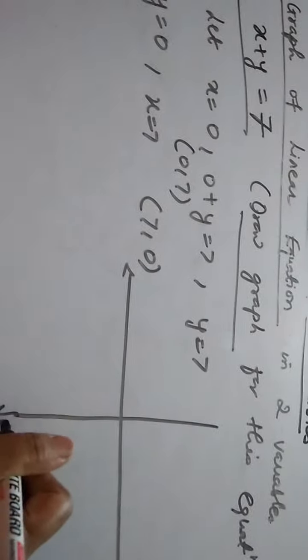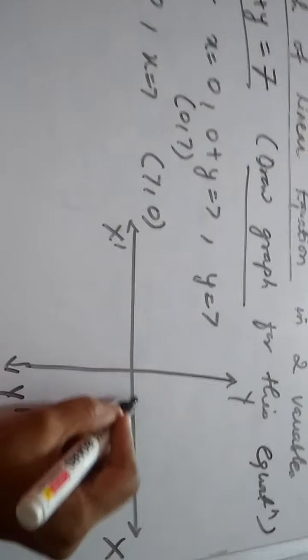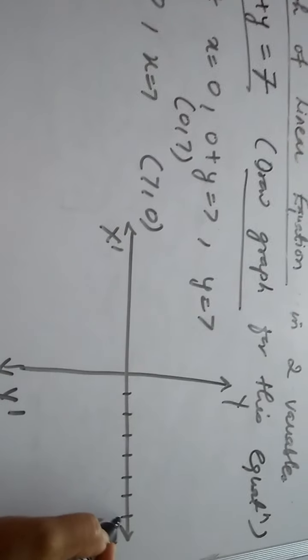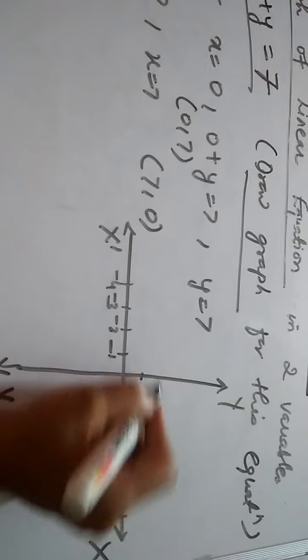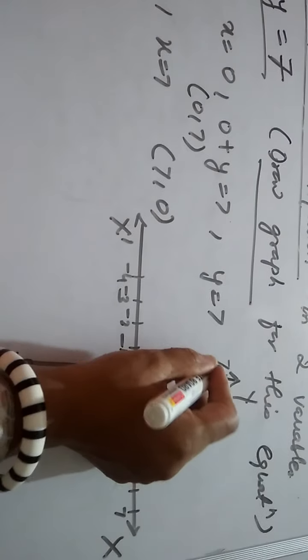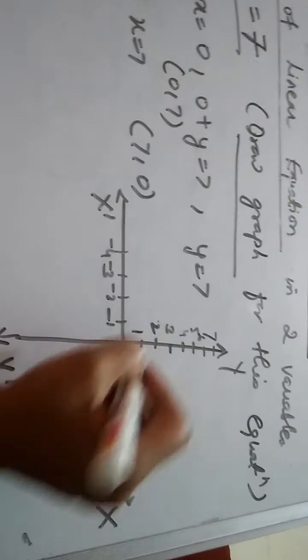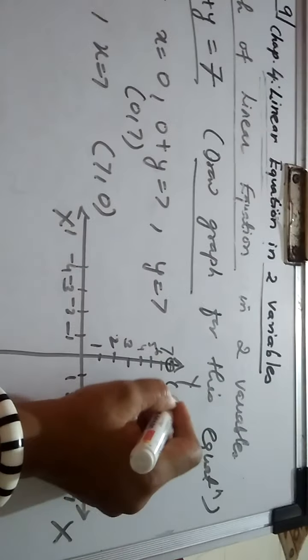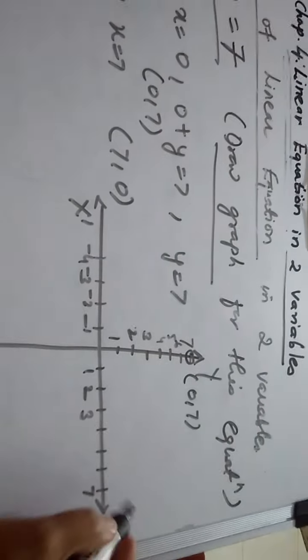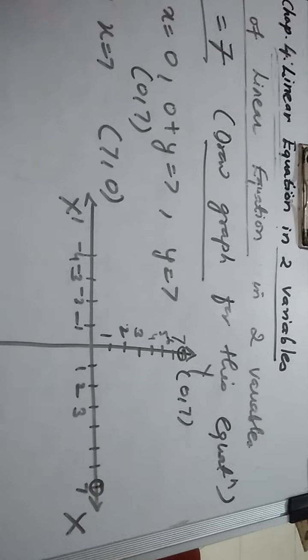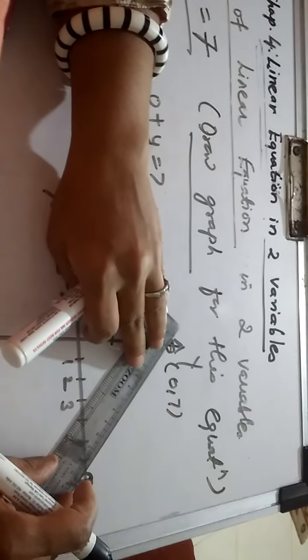देखो ये हमारी x एक्सिस हो गई, x डैश, एंड दिस इज y डैश. देखो व्हेन x=0, y=7. 1 2 3 4 5 6 7, ये 7 है, ठीक है. ये हमारे -1 -2 -3 -4. फिर यहाँ पे 1 2 3 4 5 6 7, ये 7 है. अब क्या करना है, x=0, ठीक है, तो y=7. तो ये एक पॉइंट हुआ हमारा, 0,7, y एक्सिस पे लाई करता है पॉइंट. दूसरा पॉइंट क्या है, 7,0, मतलब ये वाला पॉइंट, ठीक है. 2 पॉइंट्स मिल गए. अभी लाइन ड्रॉ कर सकते हैं जो ज्वाइन करेगी इन दोनों को, ऐसे, ठीक है ना.